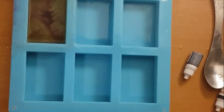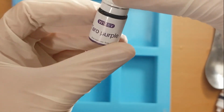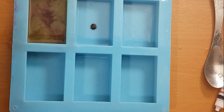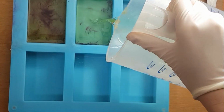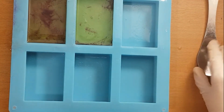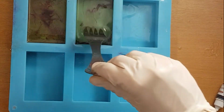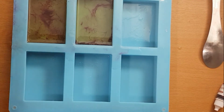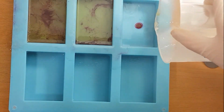Next one. We have Grape Purple. Oopsie. That's also interesting. Next color, brick red. Brick red. I'm going to add the color, the rest of the soap that I